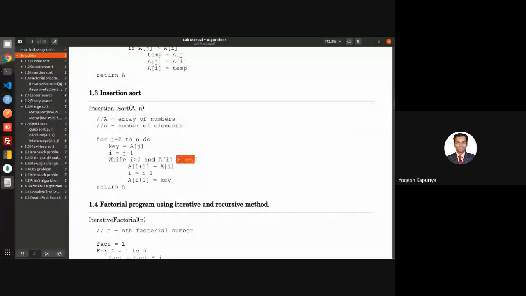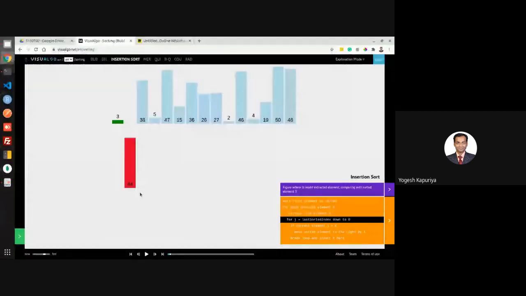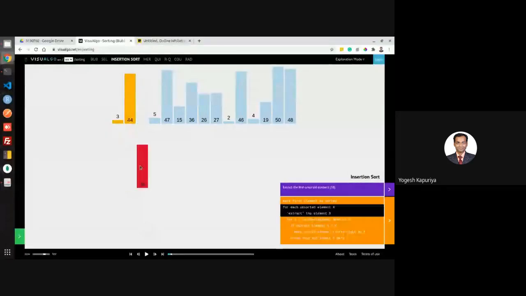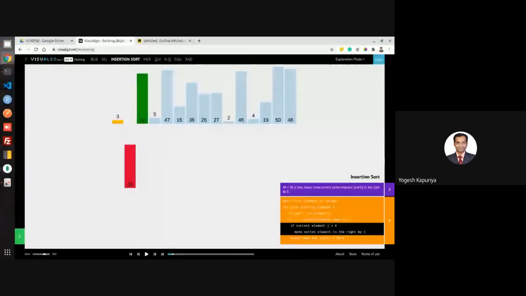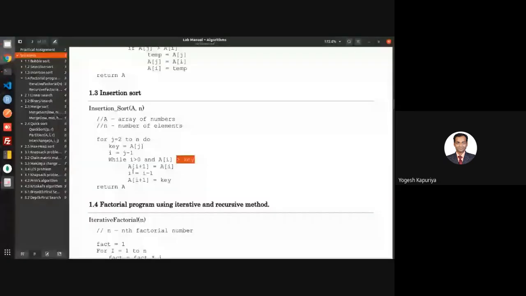While a of i is greater than key, that means a of i is this element and key is this element. Till you find an element which is not greater than this, you will keep on skipping. See, you are comparing these two, you found a of i is greater than key, so shift. What is shift? a of i plus 1 is equal to a of i. That means the next element is equal to the previous element. And you will decrement the value of i.